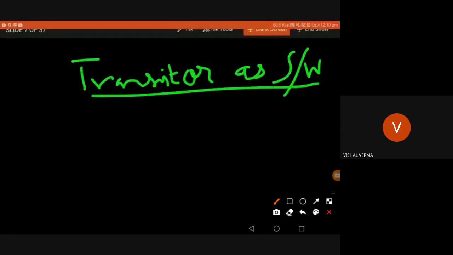But here both are abstractions. So I'll consider the transistor as a simple switch, whether it is NMOS or PMOS or NPN or PNP. I'm just considering the transistor as a black box. The black box is on when the control signal input is on. This is a kind of abstraction, especially useful for digital electronics, which you will learn in the coming semester. This abstraction makes it much easier for us to understand, appreciate, and generate some interest in the transistor